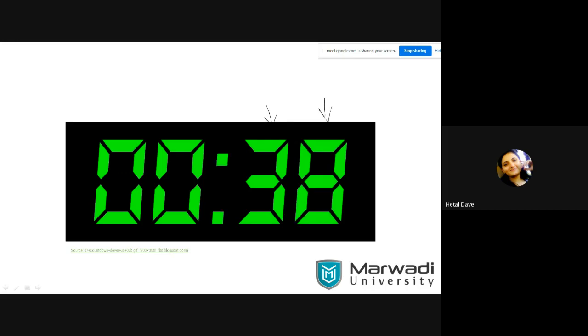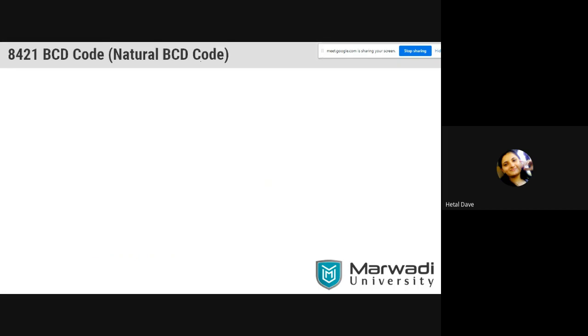So right now 3 is displayed or 9 is displayed separately. So we need to have some code which can send a binary pattern to a particular group of LEDs. Okay. So right now, suppose I am taking the example of a calculator. In a calculator, what do I need? I need to add something. The application I am taking is a calculator. Let's say I want to add 12 plus 1. So which kind of pattern will I require?